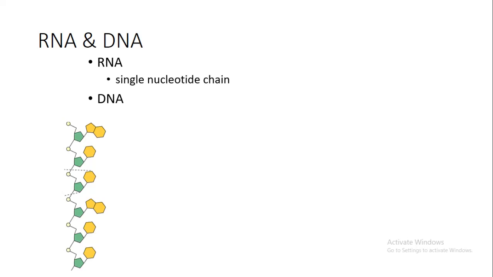In short, it has 2 chains of nucleotides, and these 2 chains normally twist, leading to the formation of what we call the double helix structure of DNA. Okay, so let me quickly